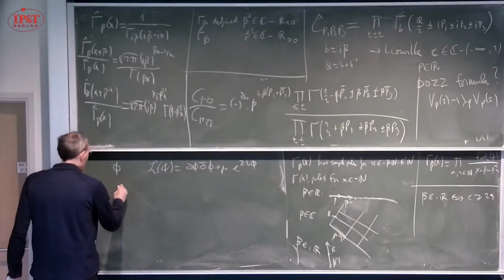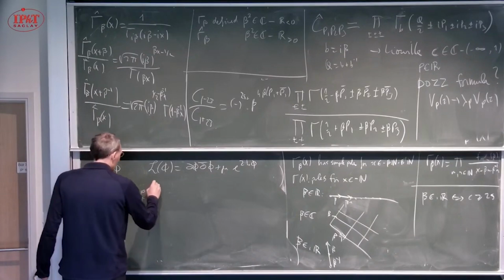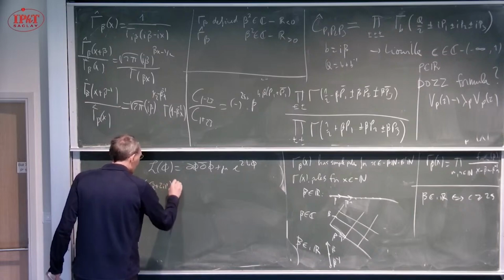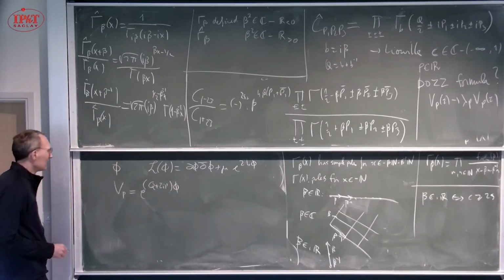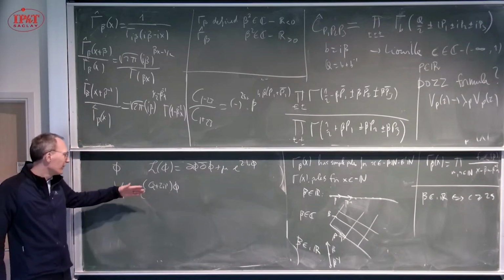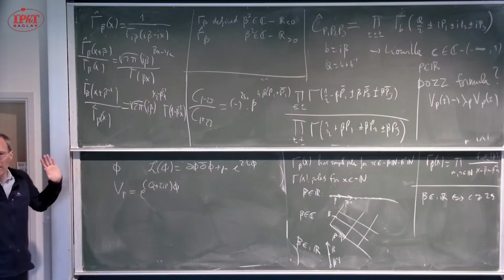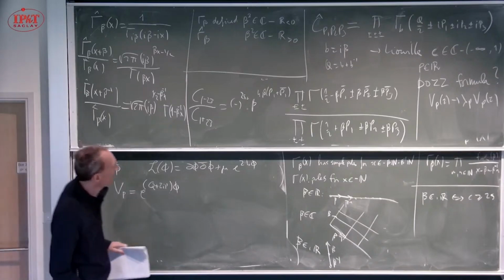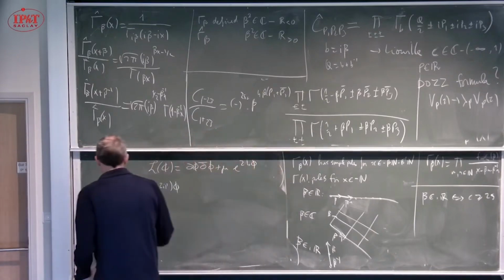And then you identify your field V_P with exponential (Q plus 2iP) phi. So this is just an exponential, and this construction gives you a privileged normalization for V_P. I mean, you just take it to be the exponential without any prefactor. And so therefore, eventually you get some 3-point function with a certain normalization, which is in fact not my normalization, which I have here, C hat. So the C hat DOZZ,